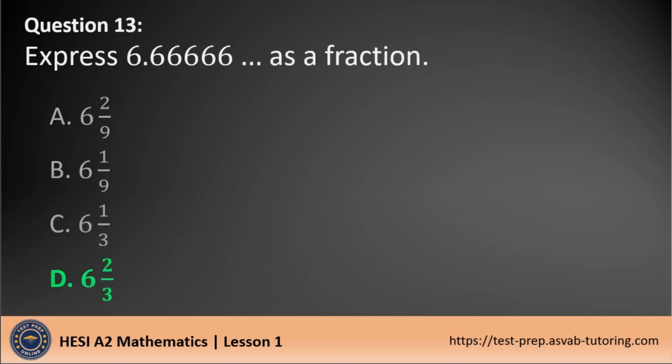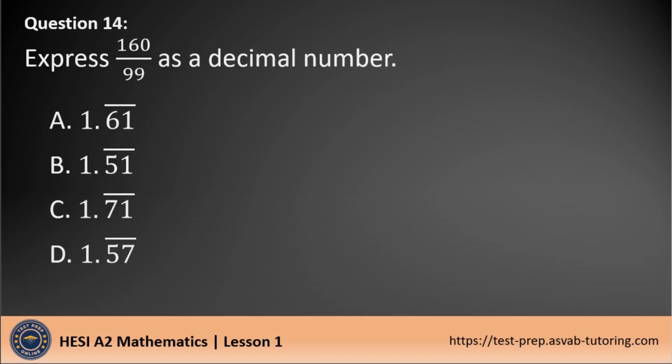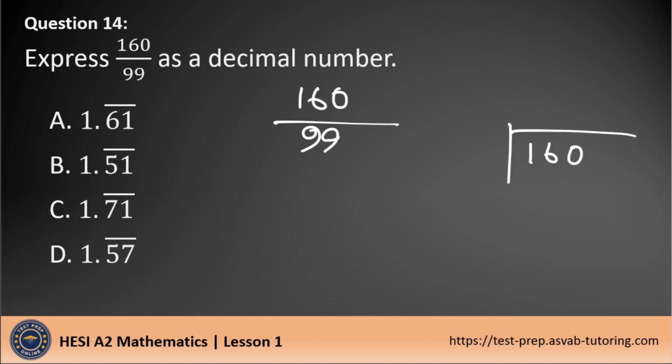Now let's go to question number 14. Express 160 as a decimal number. So first write down 160 divided by 99. So here 160 divided by 99. So 99 times 1 equals, here we will write down 99. So here 0, we will borrow 1 from the next digit. Now it becomes 10. So 10 minus 9 equals 1, and here we have borrowed 1, so 6 minus